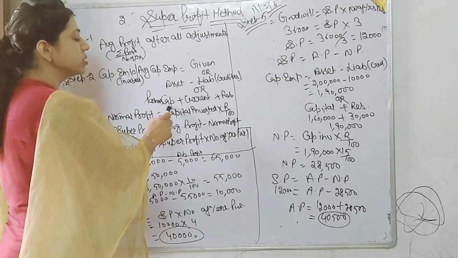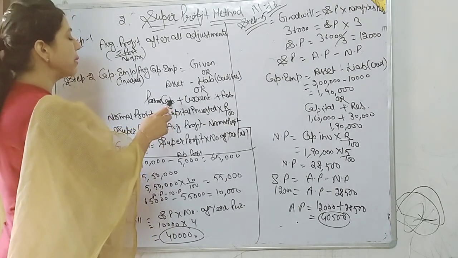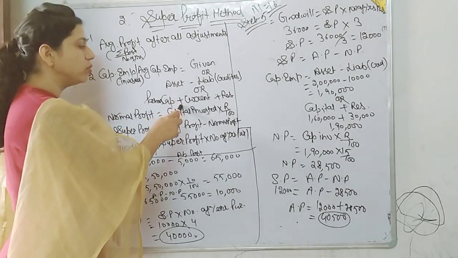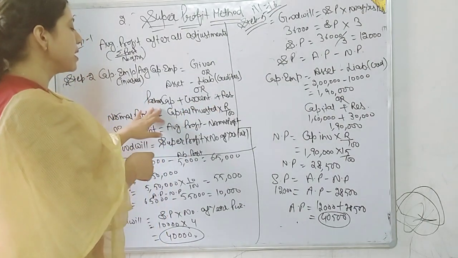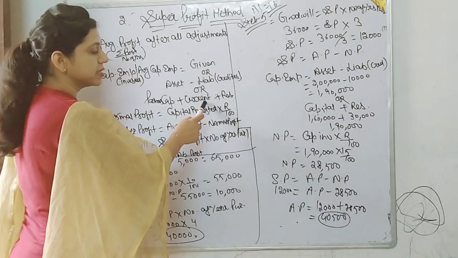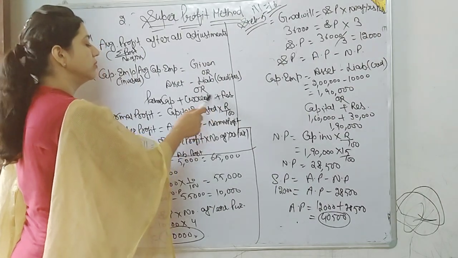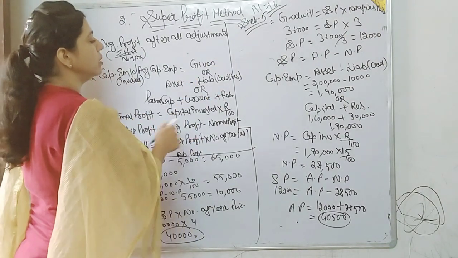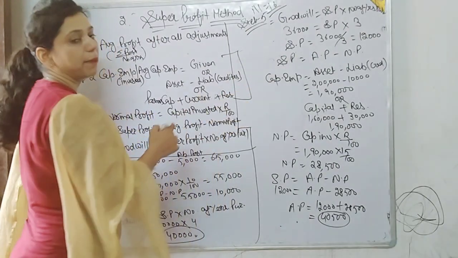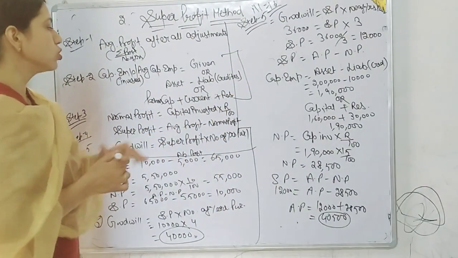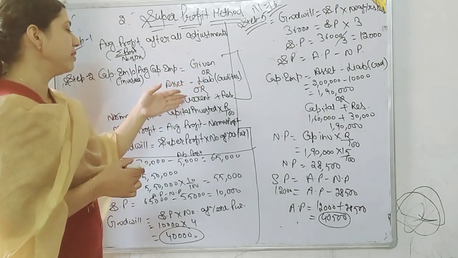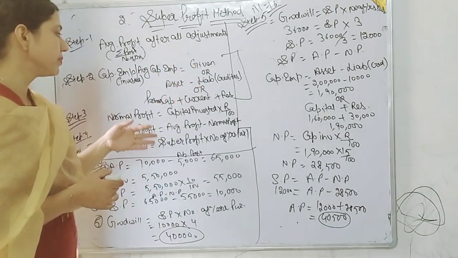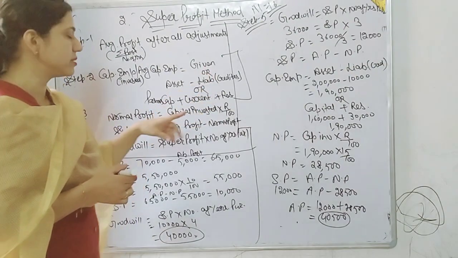Or sometimes assets are also not given and capital invested is also not given in the question. Then capital accounts are there. So we should add partners' capital, and if a current account is there, it should be added, plus reserve. So partners' capital plus partners' current account plus reserve. By these three methods we can calculate capital invested. It depends on the question whether it is given, or assets and liabilities are given, or capital accounts are given. The answer will be the same in all three cases.